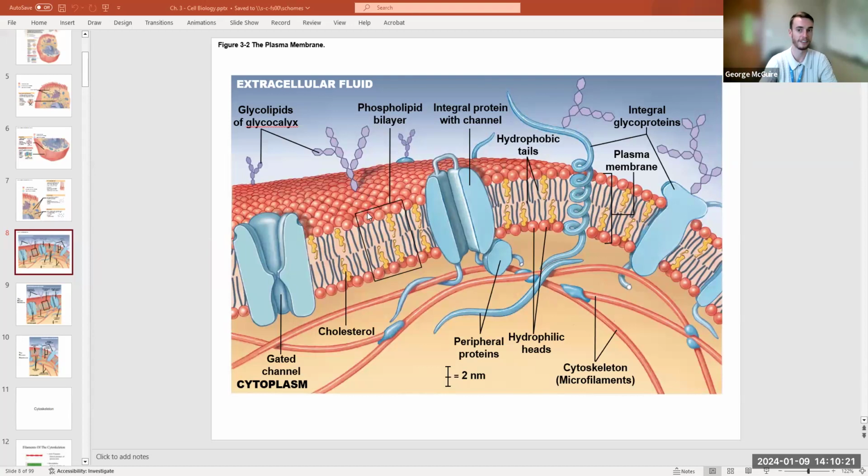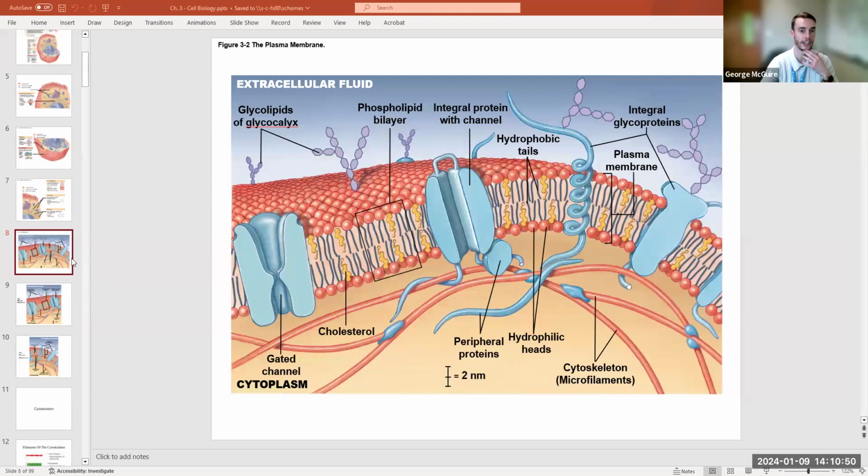And so in this way, we have heads pointing towards the extracellular environment, which is almost always going to be some aqueous fluid, some water-based fluid, and then heads pointing towards the intracellular environment, so inside the cell, which again is most of the space inside the cell is filled with cytosol, which is another water-based aqueous solution. All right. So this formation, like I said, prevents the free movement of lots of different molecules in and